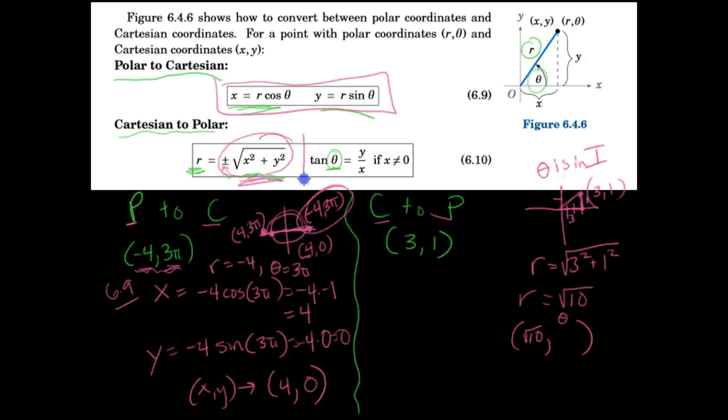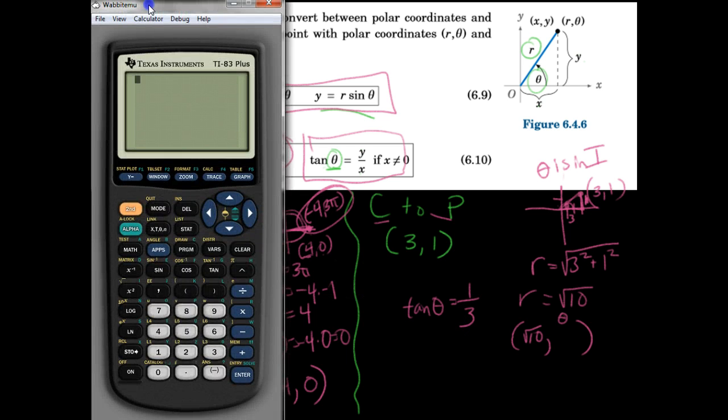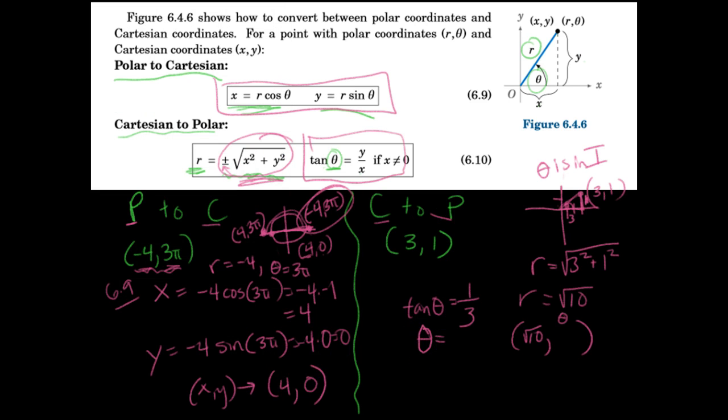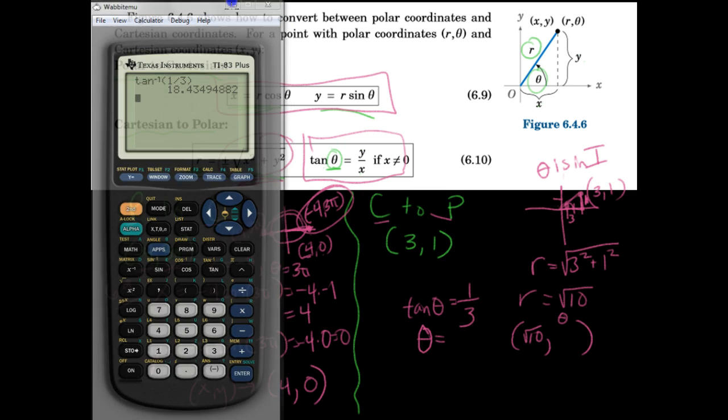And to find that, we can use this. And once again, that's just a triangle. That's tangent. Here's theta. So tangent of theta is equal to opposite leg over adjacent leg. So just pay attention when you use your calculator. If you want to be in degrees or radians, I would just choose degrees. So we're going to do tan inverse because we need to find the angle. Tan inverse of 1/3 gives me a theta of 18.4 we can say,